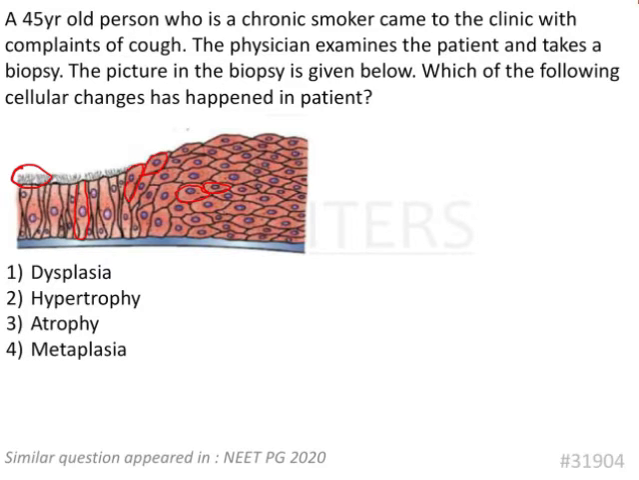Okay, so we have to just read the case and let's try to solve this question. A 45-year-old person who is a chronic smoker came to the clinic with a complaint of cough. The physician examines the patient and takes a biopsy. The picture in the biopsy is given below. So basically there is a complaint of cough and then we are taking the biopsy, so we must be taking the biopsy of the respiratory tract, and these are then pseudo